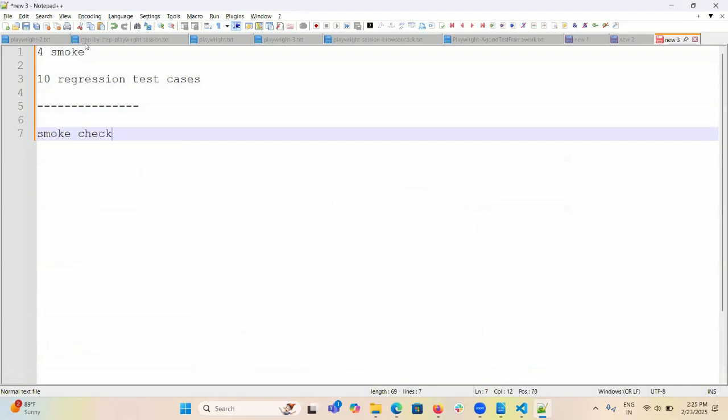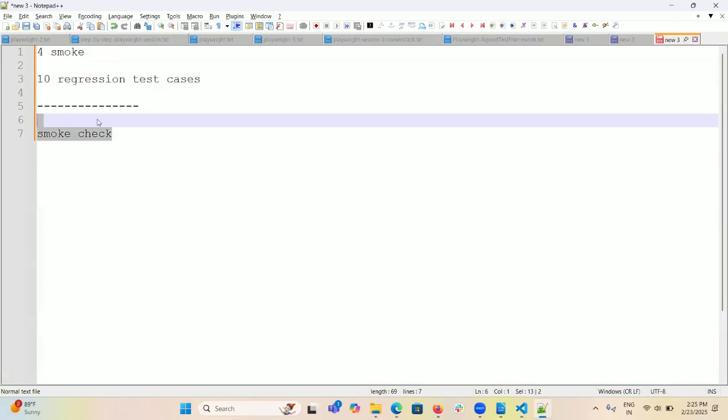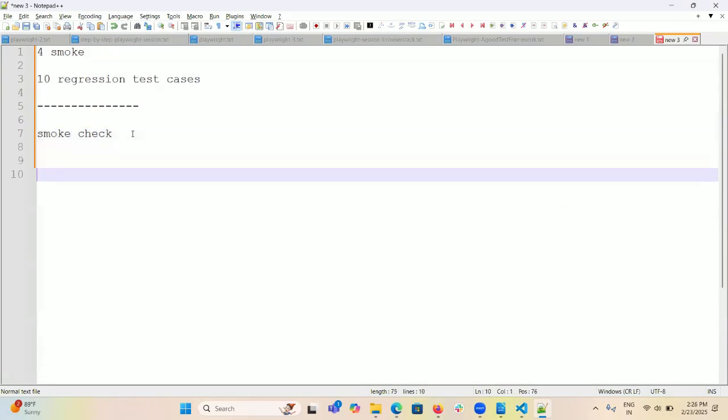This is also automated, but you want to run only the smoke check as of now, right? Or maybe later on in your stage environment, you want to run all regression test cases. Correct, it's possible. So somewhere you have to group the test cases or identify the test case as a particular